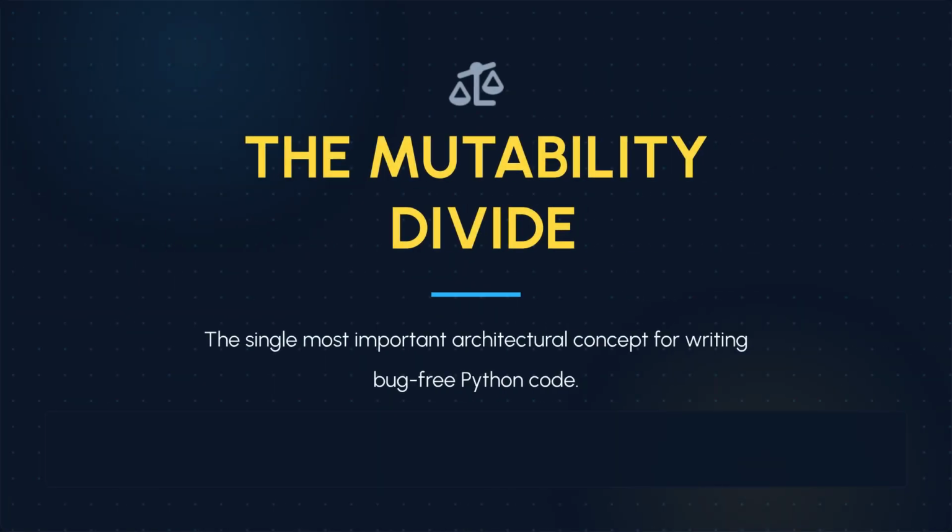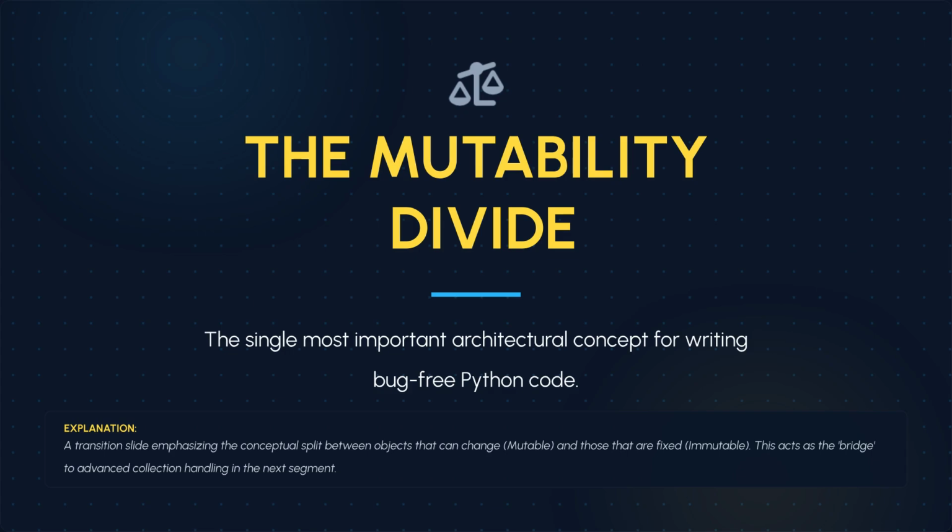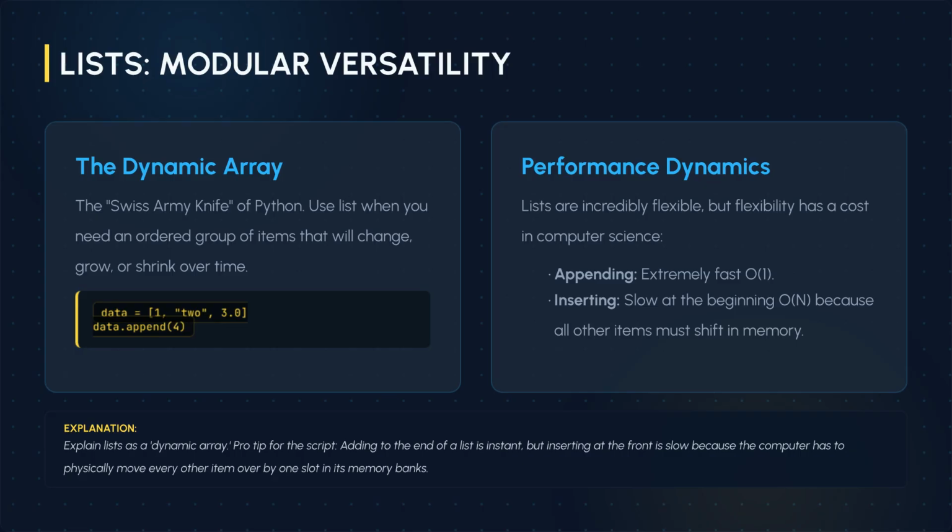This brings us to the mutability divide, the single most important architectural concept for writing bug-free Python code. Objects are split into those that can change, mutable, and those that are fixed, immutable. Lists are the dynamic arrays, the Swiss Army knife of Python. They are great for ordered collections that change over time. Be aware of performance. Appending is extremely fast, but inserting at the beginning is slow because all other items must